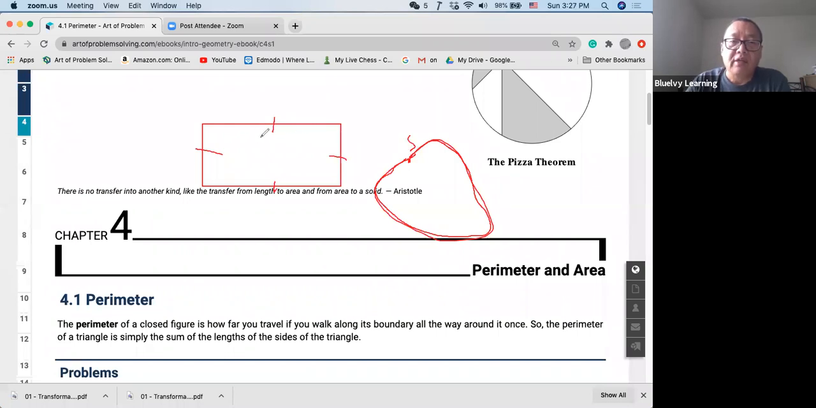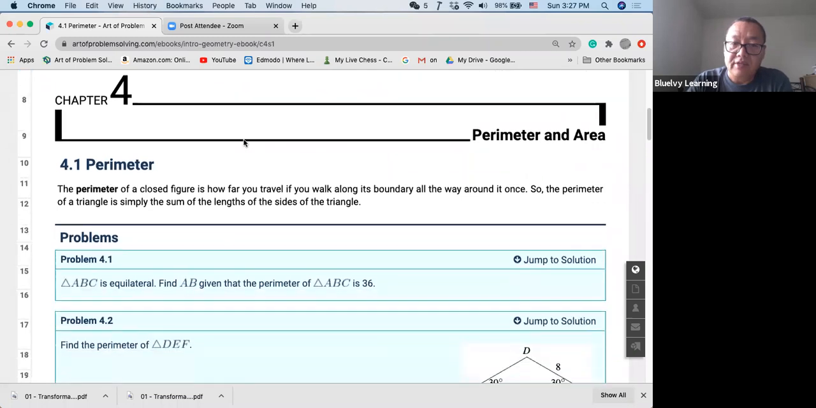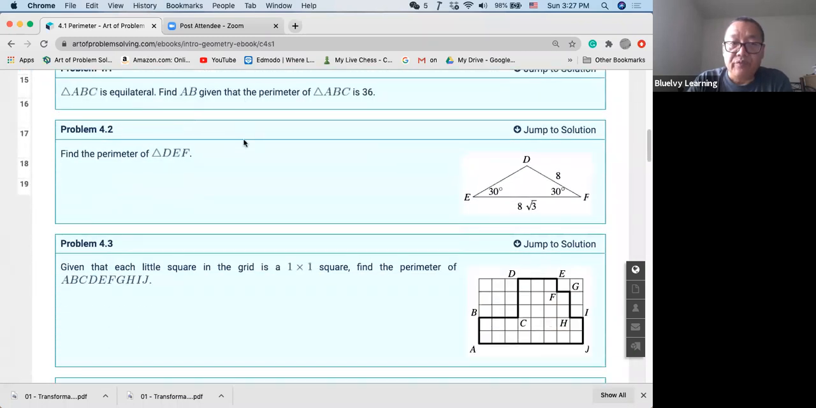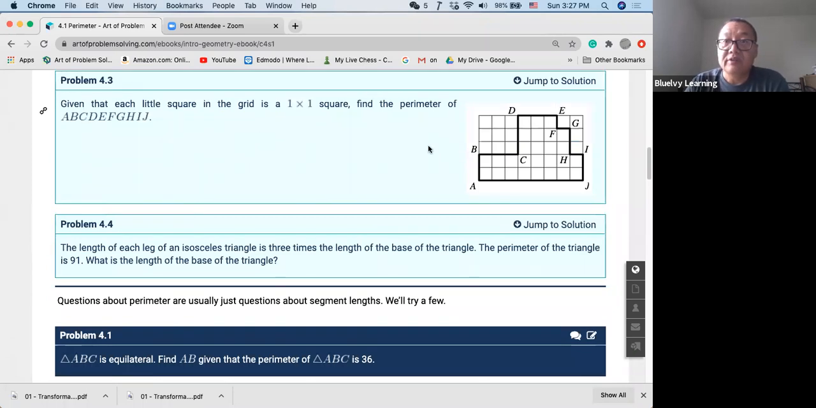For polygons, like triangle, rectangle, pentagon, you just add all their sides together, then you get the perimeter of this shape. So now let's see an example. Let's go to 4.3. See this one,